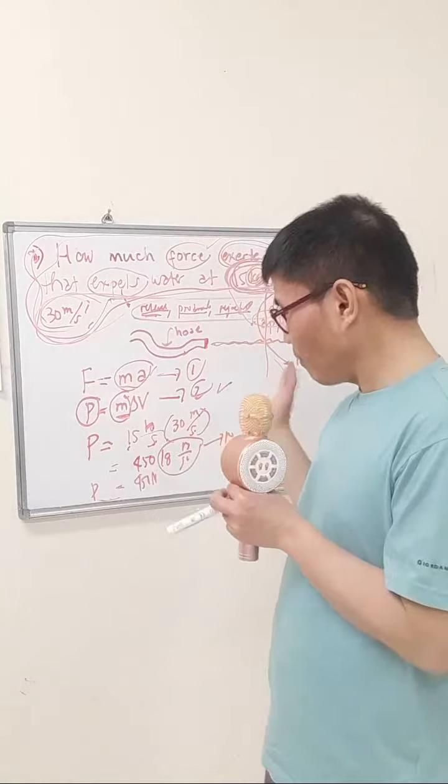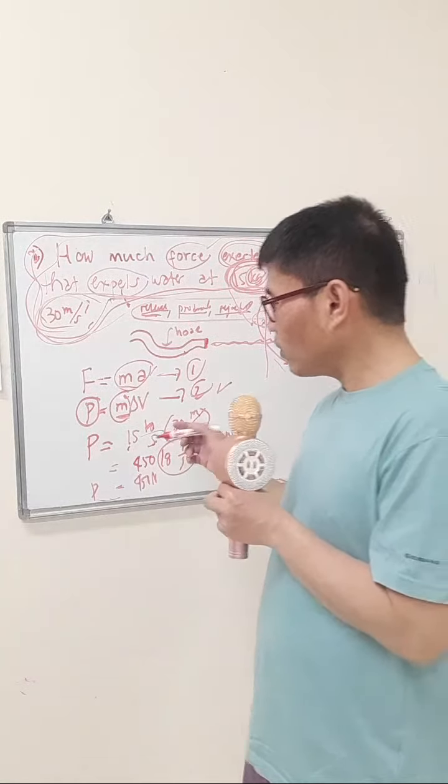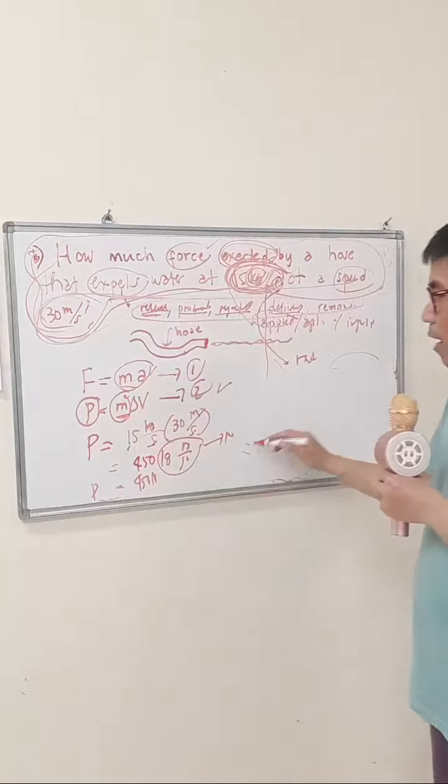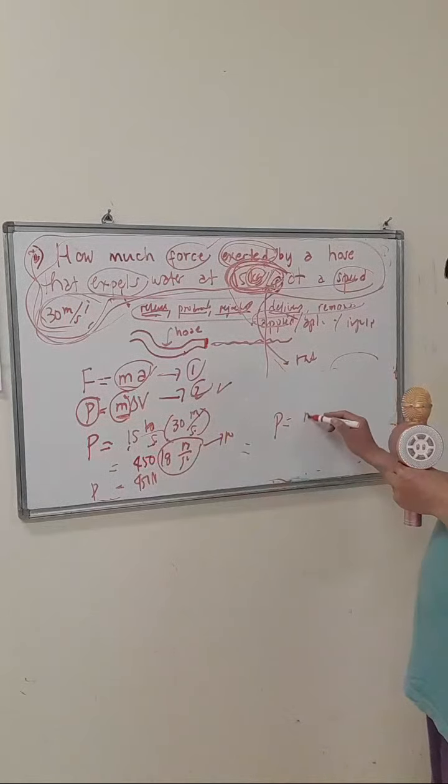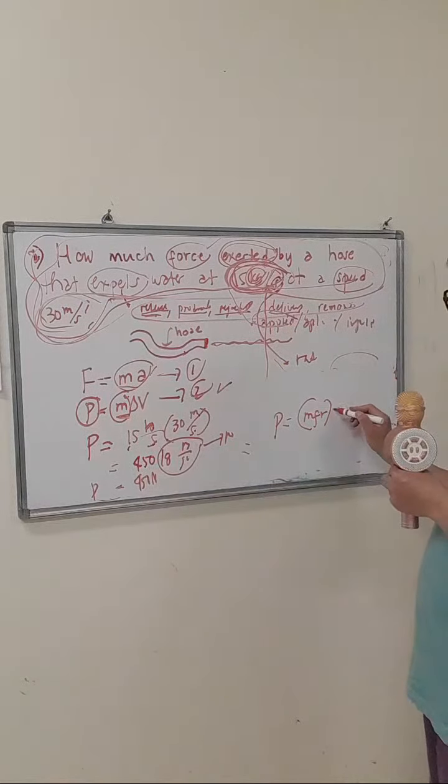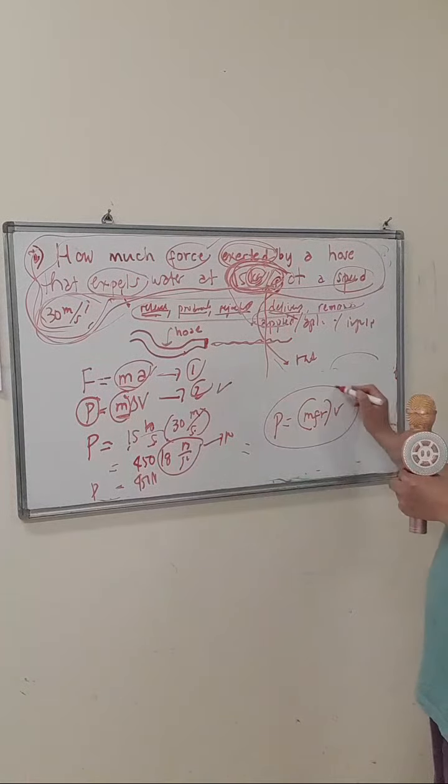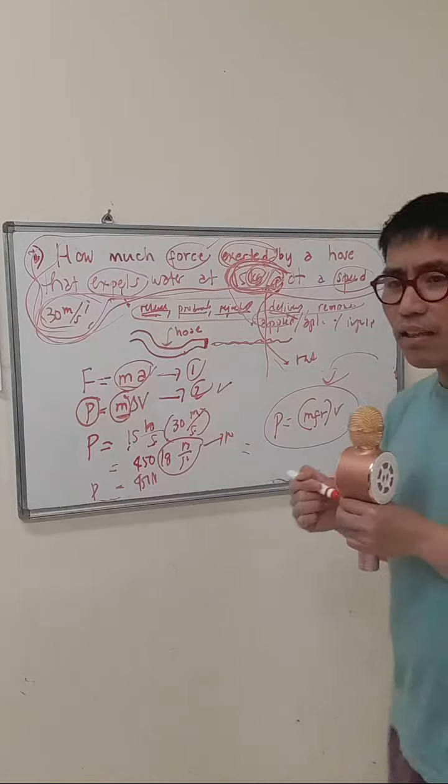Okay, see, some things like this also. Because we don't introduce this kind of formula, momentum is equal to mass flow rate times the velocity or the speed. We don't have this formula in science. But we need